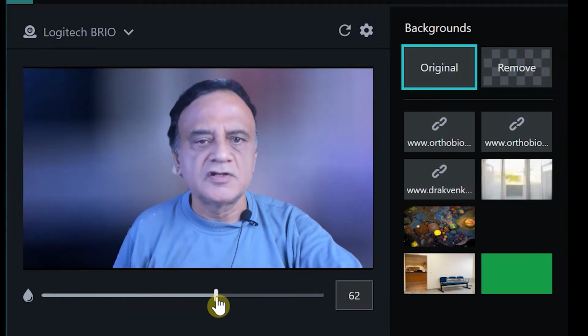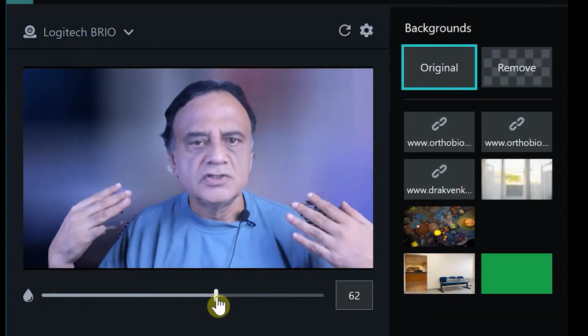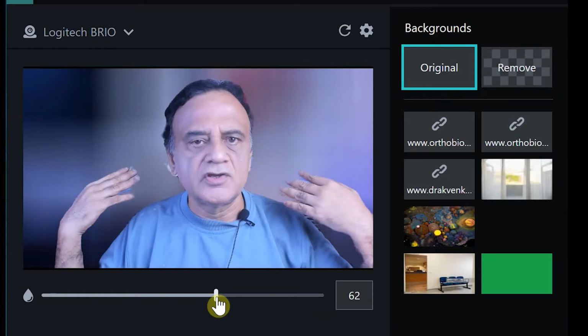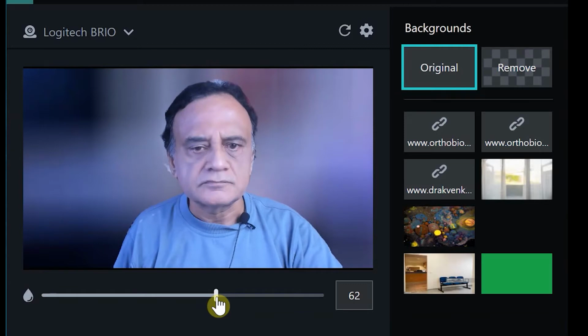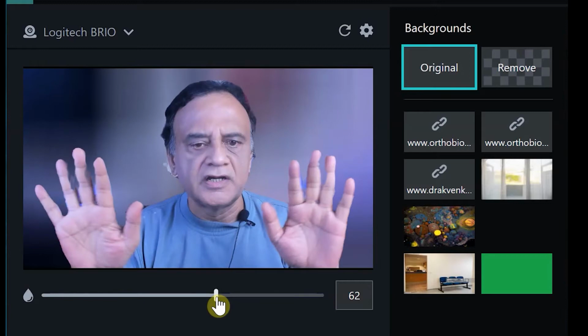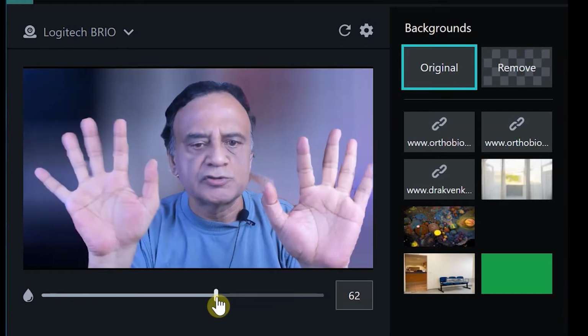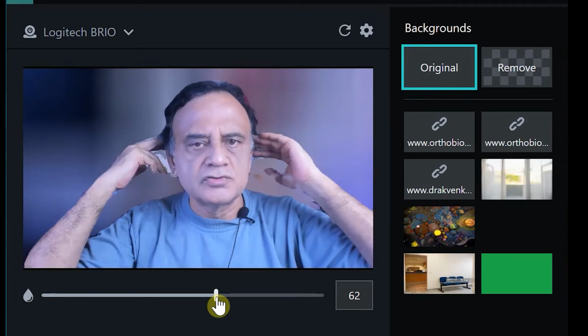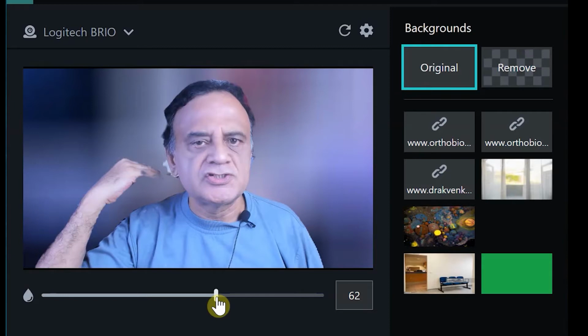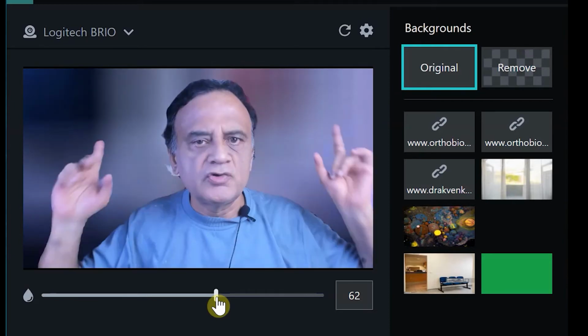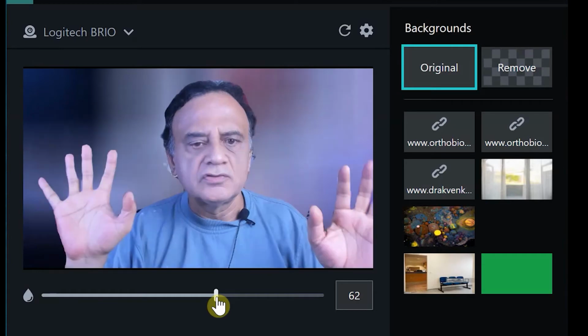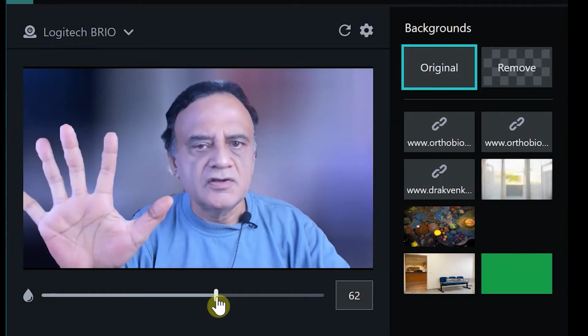The background is further blurred now, and so your image is in full focus. So you have a very good background blur, as if you are using a DSLR or a mirrorless camera. The quality, as you can see, is very good. My outline is pretty clear, and my hands are also good. I'm adequately illuminated. There is no green screen spillage, which is one of the problems while using a green screen. You don't have to set up background lights and all that. So this background blur is quite okay.